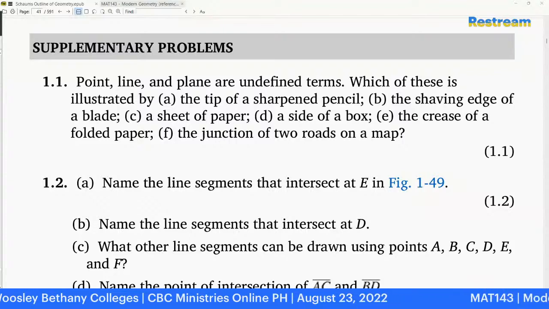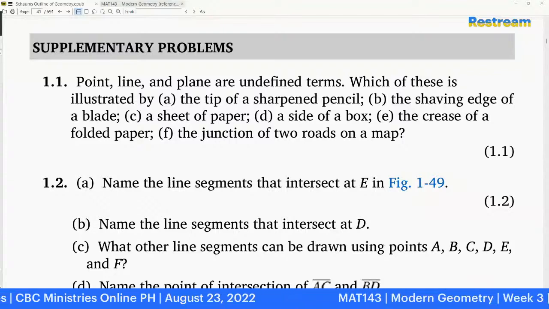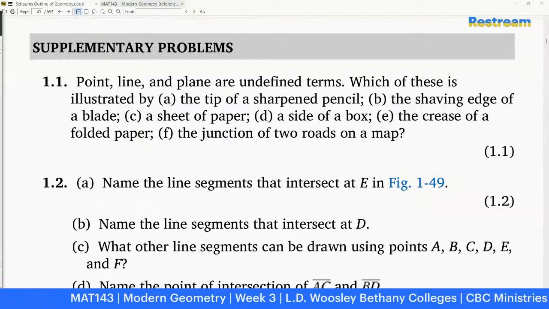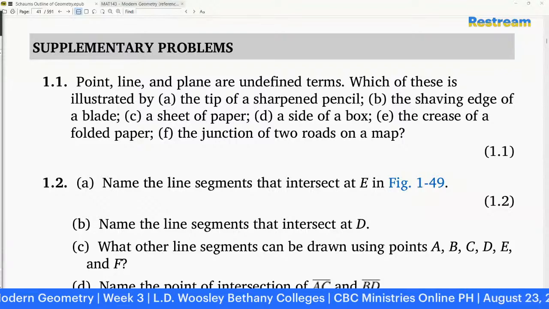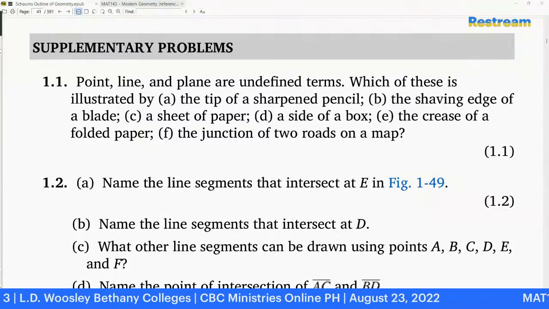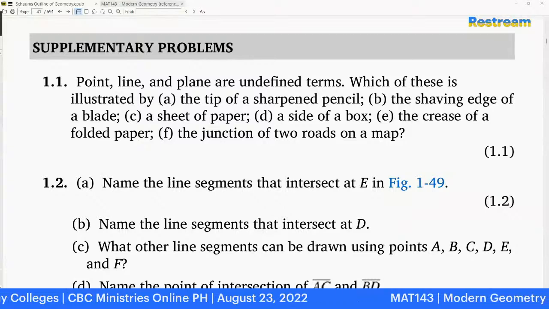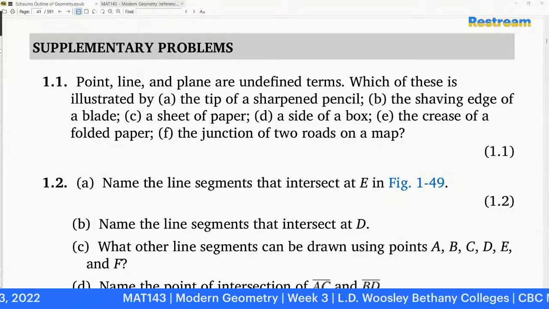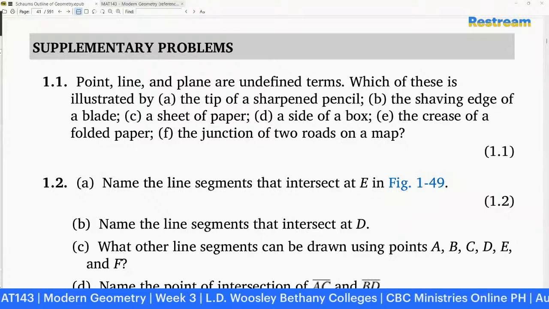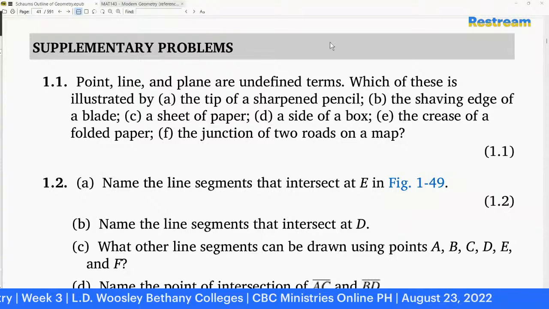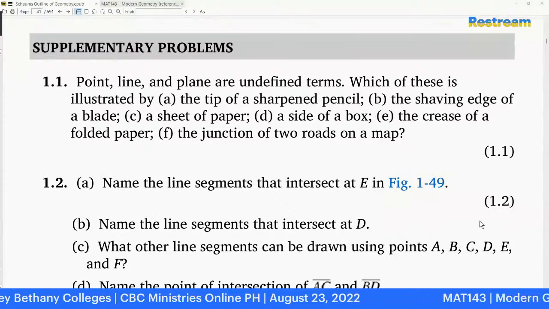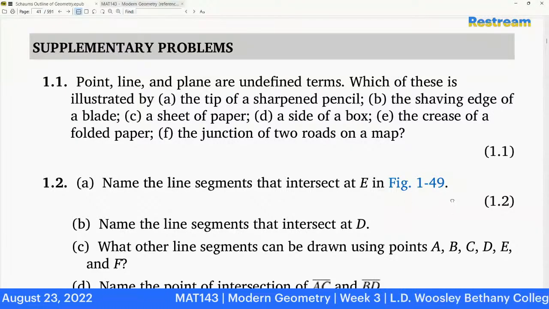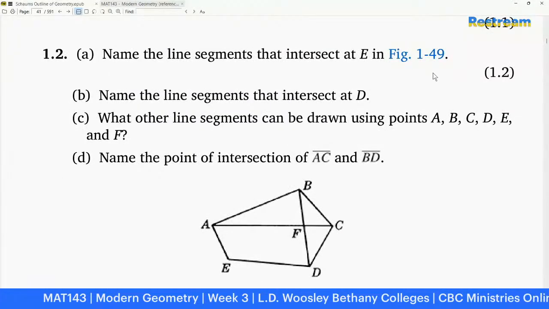And Acel, the junction of two roads on the map. Point. Okay, so ito yung parang vanishing point na tinatawag. Naalala niyo sa engineering drawing, Acel and Gillian? Vanishing point, lalo na pag may projection, so may projective geometry. So it's a point, correct. Okay, so yeah. Keep coming lang, Acel. Alright, so at this particular point, okay, so